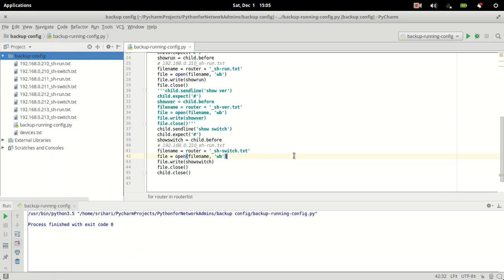For that we need to use pexpect options here. Now I'm sending a show switch command. Pexpect is reading the output and looking for the end of the line, which is the hash. But sometimes this can be something else. It doesn't have to be a single end of line character. It can be,